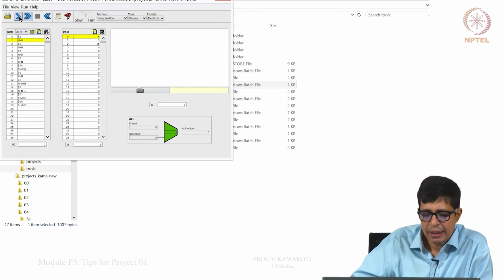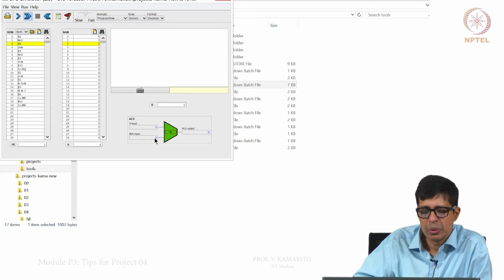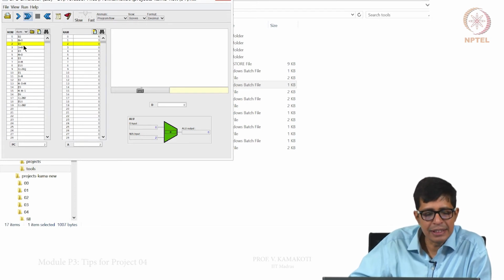Next is m equal to 0. So, your m bar A input is 2 and the ALU output is 0. Now we are coming to at 0, okay, D equal to m.